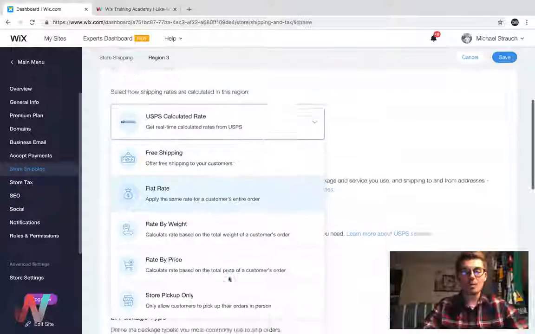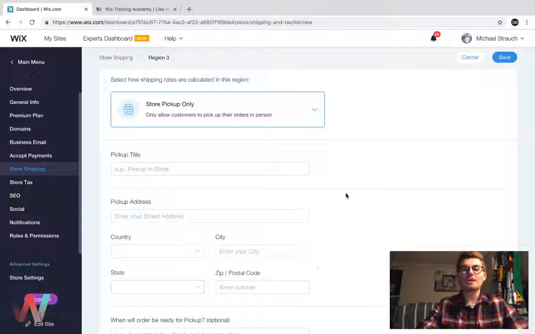But again, this is the one I would utilize. But there is one more method, which is store pickup only. So if you have a physical shop or location, you can have it so that the user has to pick it up in store. Again, if people are shopping online, they're likely not going to want this method unless you build an online community for your physical store and you know that people are in your area and are willing to come pick it up. That's when I would apply this method, but otherwise I would definitely choose some of those other shipping methods I mentioned,